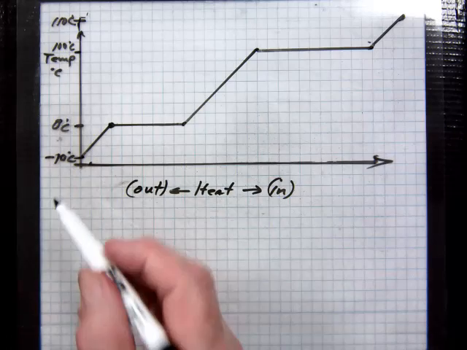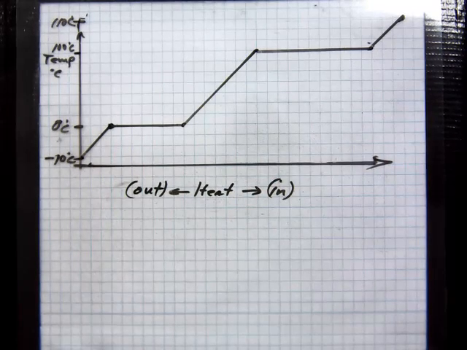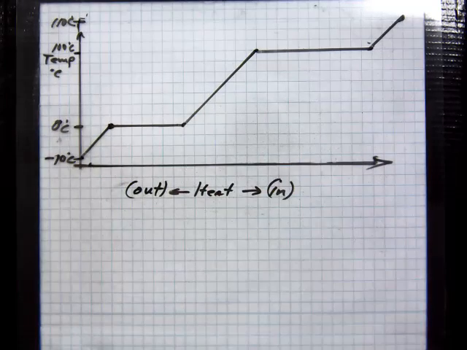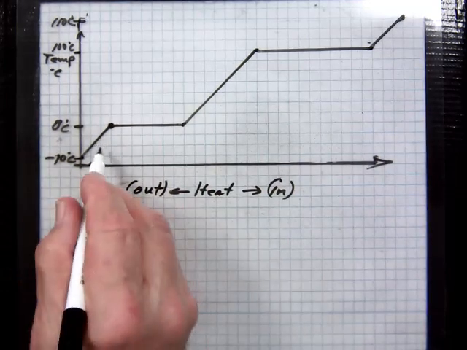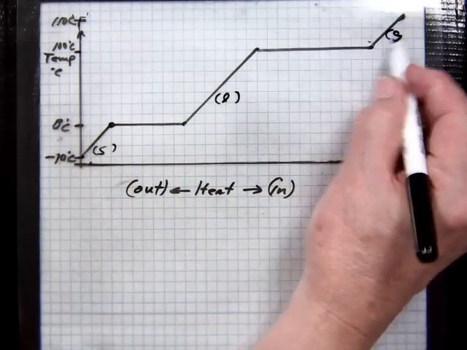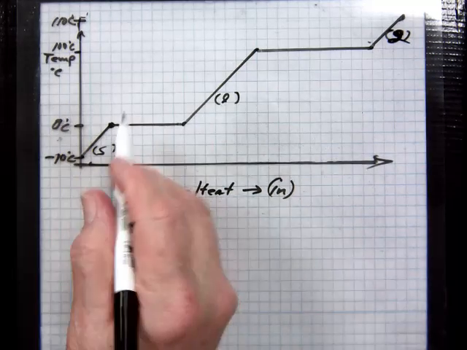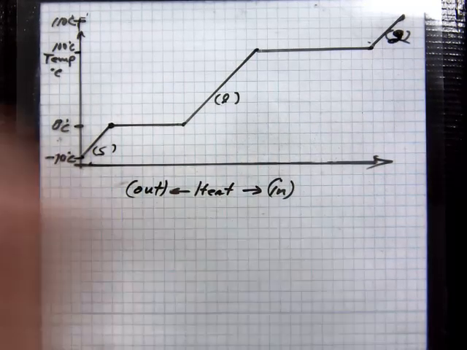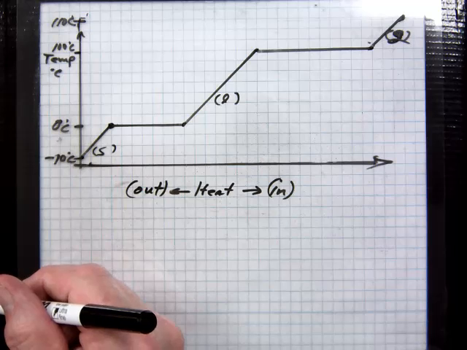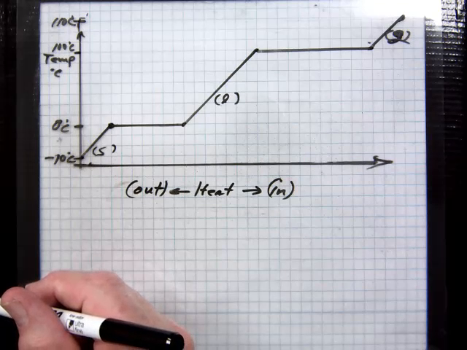Notice how we've got slope lines and flat lines. The slope lines are pure condensed phases. What that means is this is the heating of the solid, heating of a liquid, heating of the steam, the gas, whatever you're using. The horizontal lines do not show temperature changes. Those are transitions. When two phases are in contact, temperature change is 0.